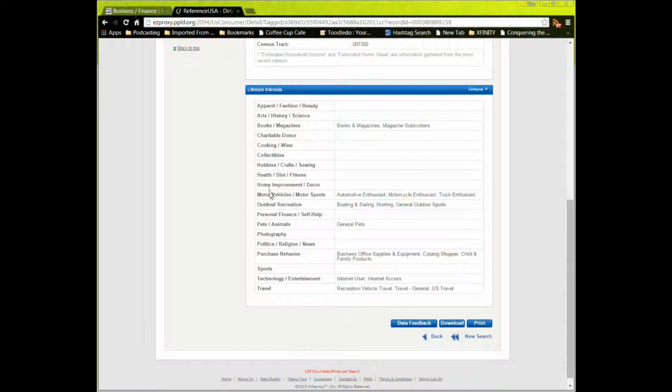And so here you can see under motor vehicles, for example, I'm an automotive enthusiast. I've rebuilt several vehicles. I'm a motorcycle enthusiast. We have 3 motorcycles in our household. I have a truck and so on and so forth. As you probably are aware, if anybody knows me, I'm a boating and sailing guy. I'm a hunting guy, fishing guy, those kind of things. So you can see all those kind of things that give you some idea about who I am